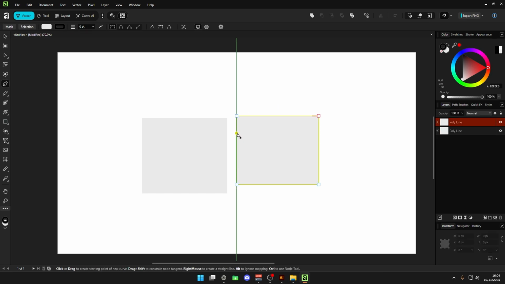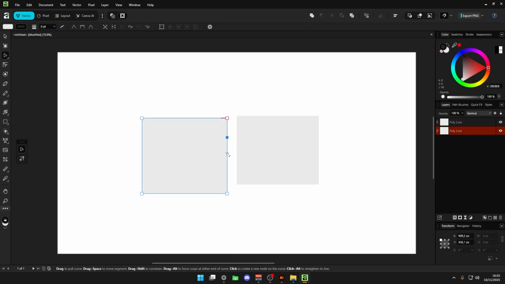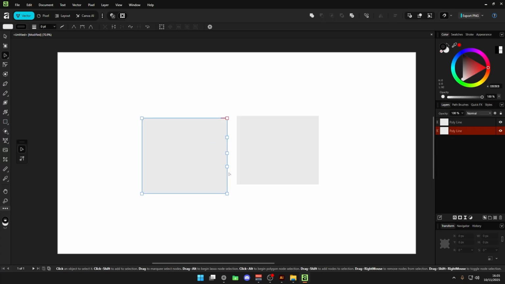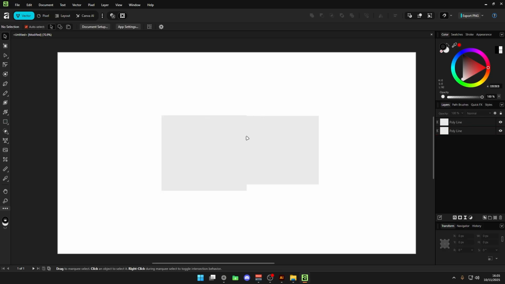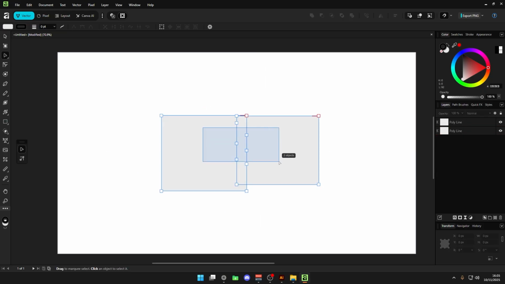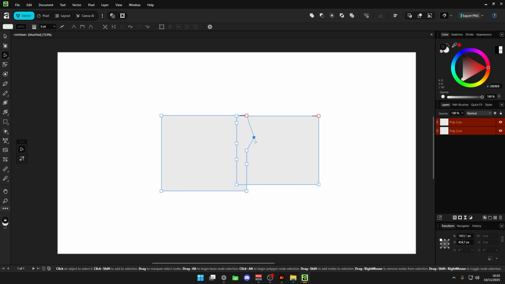Now if I add points. Okay, so the node tool is how you add points. You don't do it with the pen tool, which is different. Now I'm guessing if I add nodes to this shape as well, overlap them,